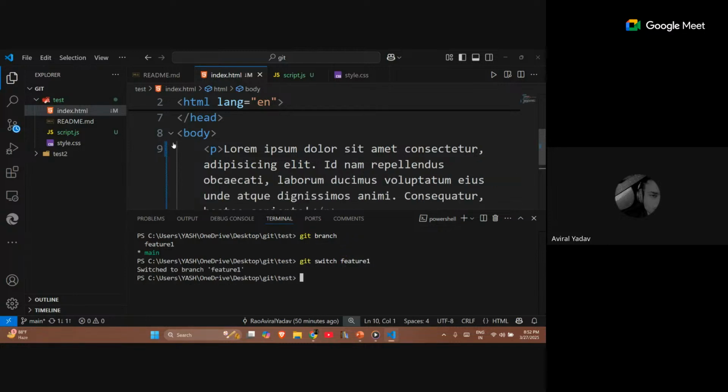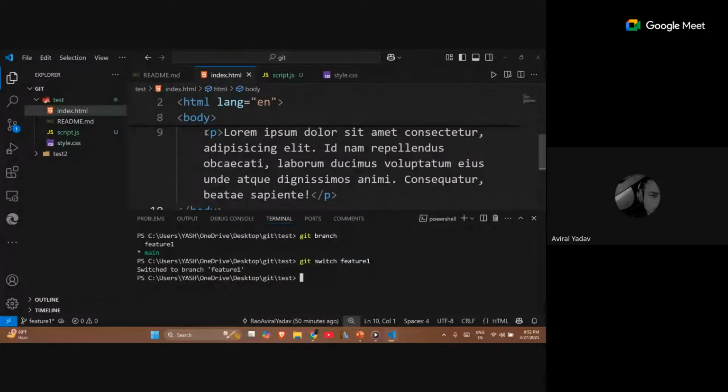As you can see, as I switch to the feature branch, that error didn't arise. So what stash does is save whatever I have done, whatever program I have created, to a particular corner of the file I'm working on, and I can recall it later on. This is what stash does for us.